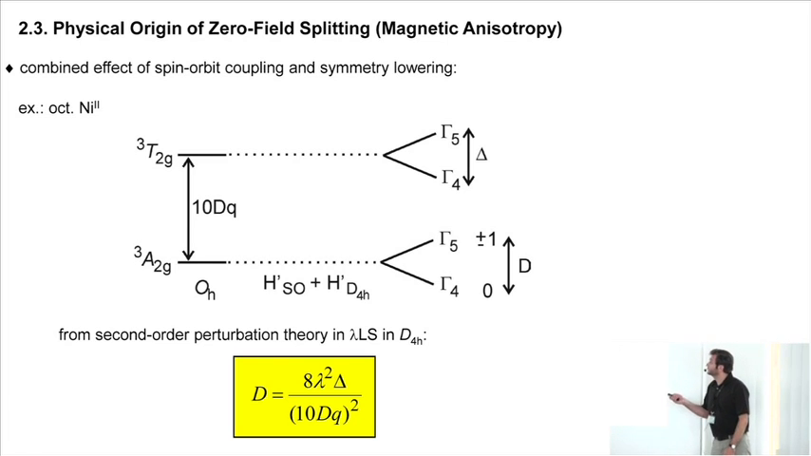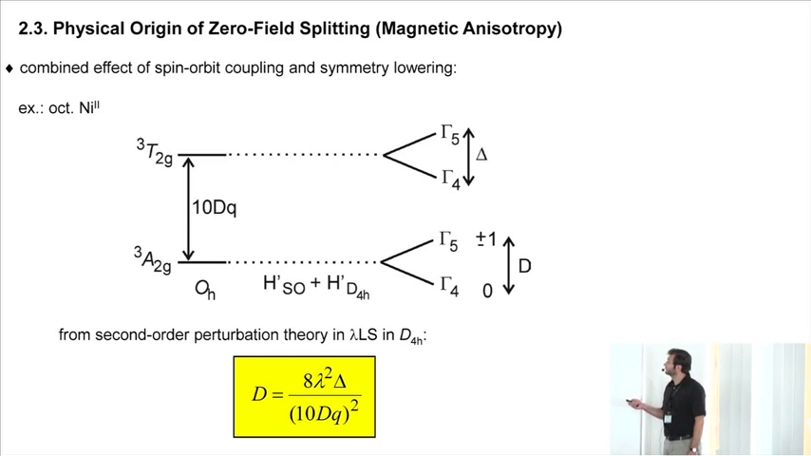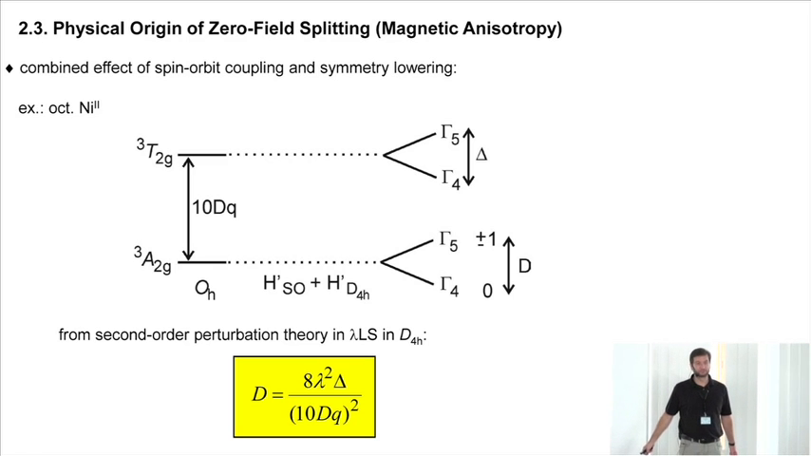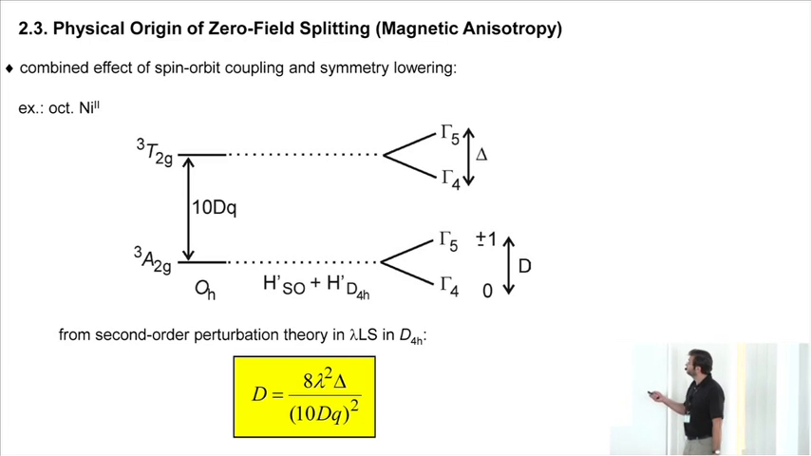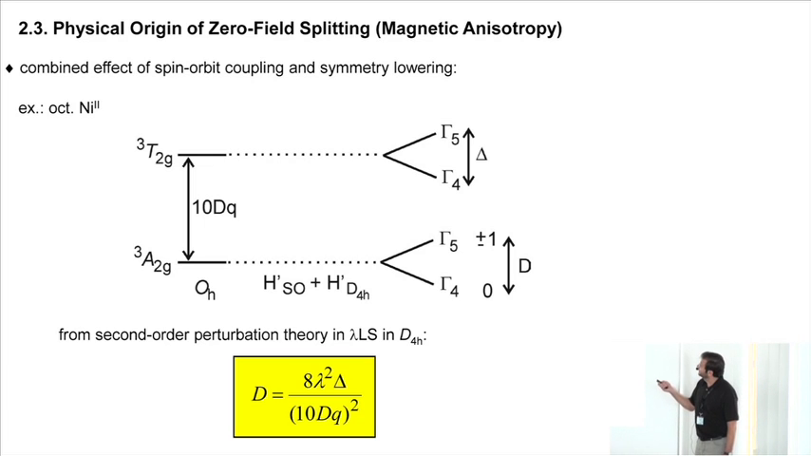So if we look at the case of an octahedral nickel-2, then in the real octahedral case, the triplet A2g is the ground state, and at 10 Dq above, we have the triplet T2g state. This triplet A2g ground state is magnetically completely isotropic. To understand the origin of the anisotropy and the zero-field splitting in nickel-2, which is famous for a strong D value, we have to combine the effect of spin-orbit coupling and symmetry lowering. If we now use the Hamiltonians describing the spin-orbit coupling and the lowering from Oh symmetry to tetragonal D4h symmetry, then this triplet A2g ground state splits